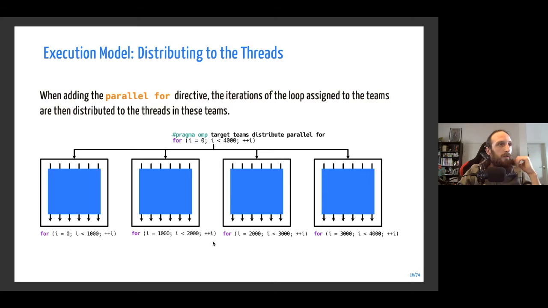So question: the compiler cannot know where to split the work at compile time. Yes, okay, but it's the number of iterations. The way the work is divided inside the team is not really defined at compile time. This is done by the OpenMP runtime, so it doesn't need to know the number of iterations. For your question, yeah, you don't need to know the number of iterations before executing it. The OpenMP runtime will take care of sharing the work between the teams, so it's not needed.